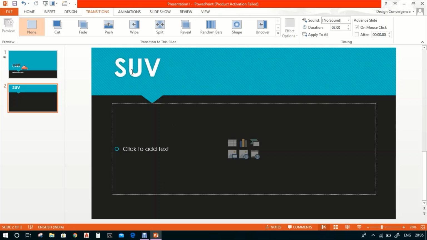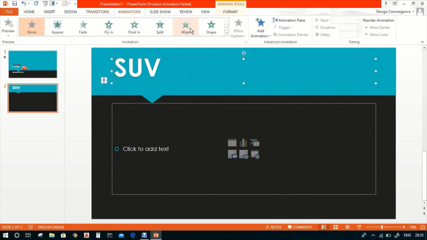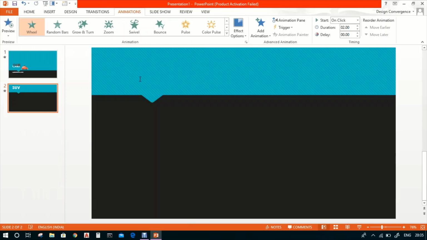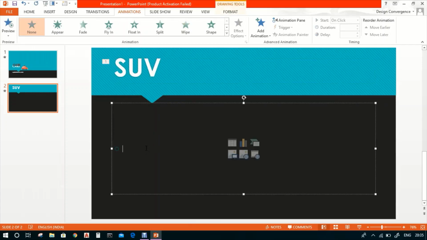Now this will be this big, and you can also add an animation to your text. I'm going to add the animation wheel to my text. It will look like this. Now you can write information about SUV by yourself, or you can just search in Google SUV info, copy all that info and paste it here. I'm going to write